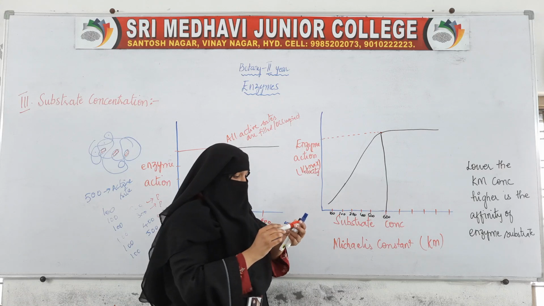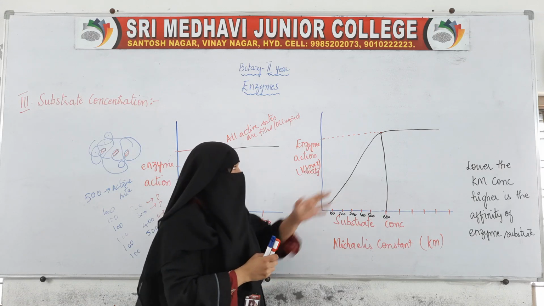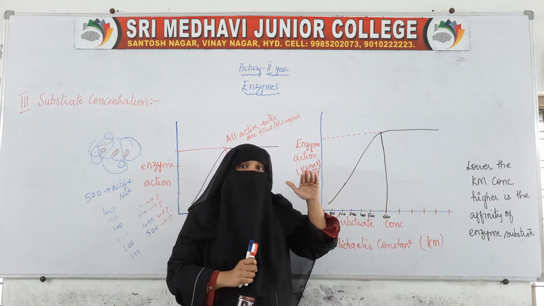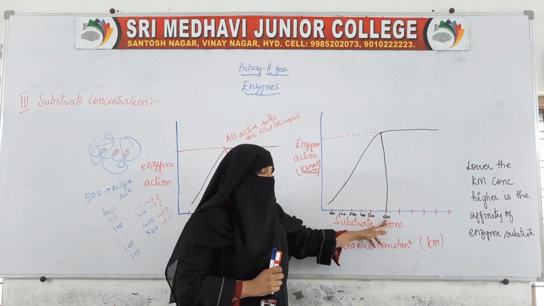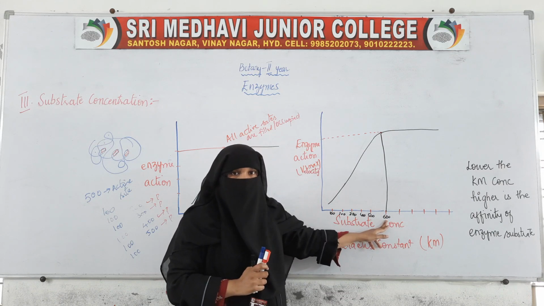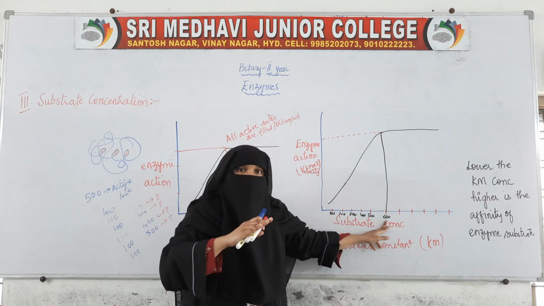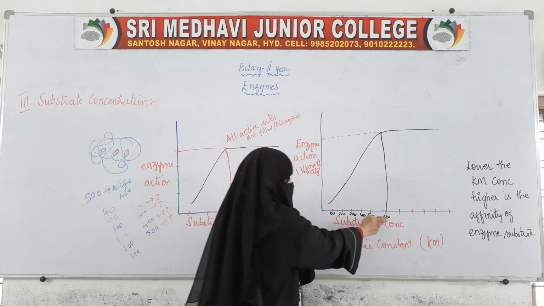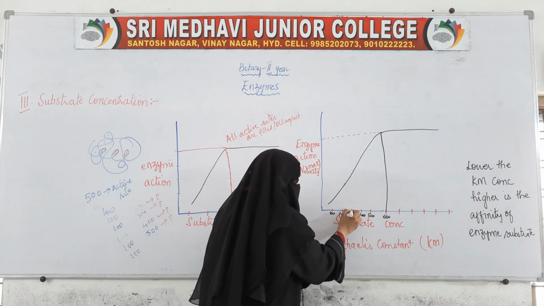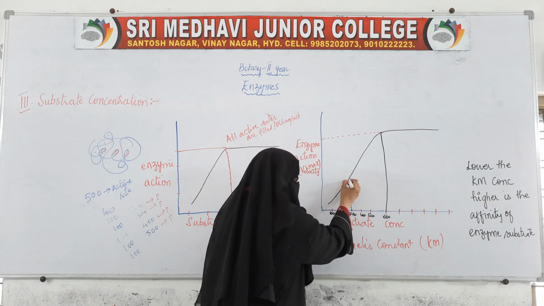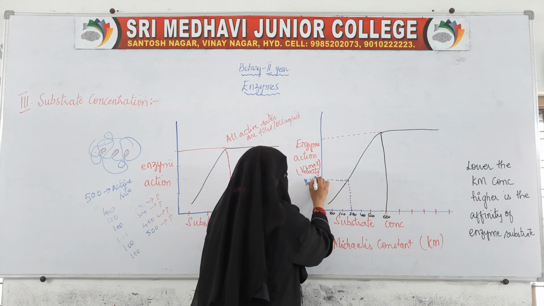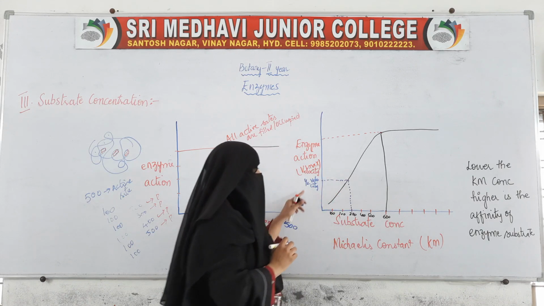Okay. Now in the Michaelis constant, if this is the maximum, how much will this enzymatic action be if it is at half? Here it is at 600. Now if I take it at half of this maximum, how much will it show? Half of this maximum, if this is 600, is 300. See here, 300 substrate molecules, this is your half velocity.